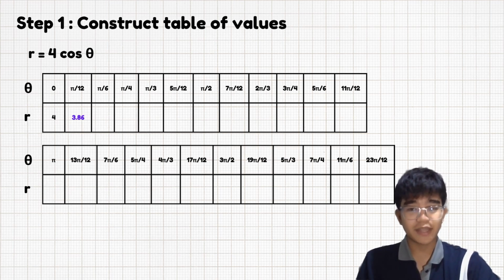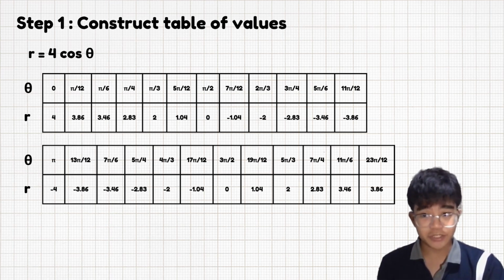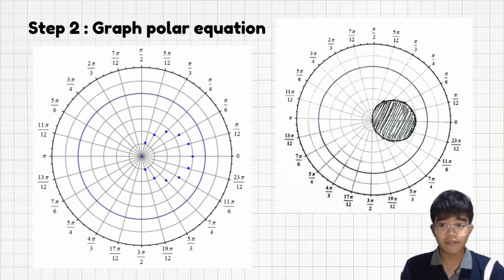Now, we continue to calculate the polar equation in getting the radius using the same steps we did earlier. You can use your calculators to find the value of r or our radius, and always remember to set it on radians and round it to the nearest hundredth with two decimal places. Now that we calculated our radius, these should be the values of our constructed table of values. The next step is we now graph our polar equation using our table of values to graph it accurately. And the polar graph is a circle.